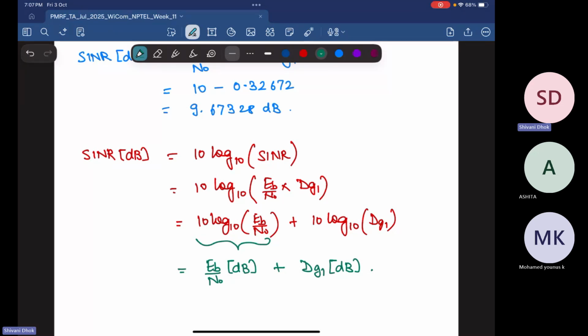So now what you need to decide is where to put the linear value and where to put the decibel value. You first look at the basic definition of that quantity, what exactly it is. Once you understand it properly, not just the formula but physically what it means, it will be very clear to you whether you have to put a decibel value or a linear value. Does that make sense? Yes, ma'am. Any other questions?